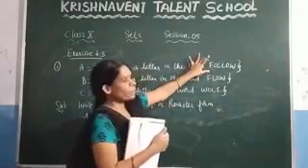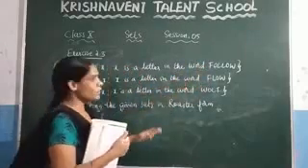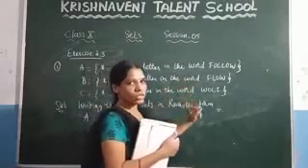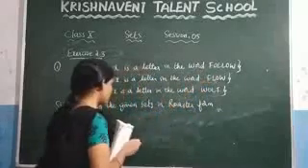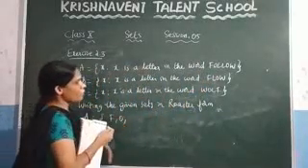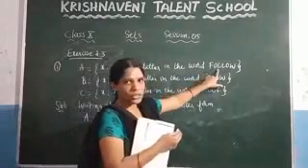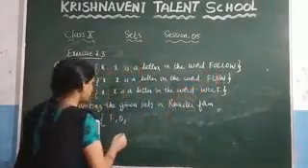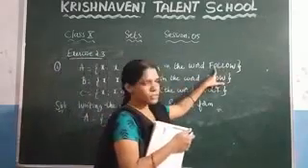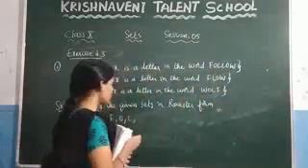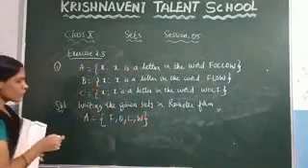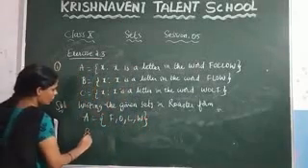Before writing this, you know that the elements in a set cannot be repeated. That means you need to write each letter only once. So here write the first one, which is F, and after that O, and after that L. You need to write it only once. And similarly we have written O already, so don't write it again. What is the next letter? W. This is how we have written it in the roster form.